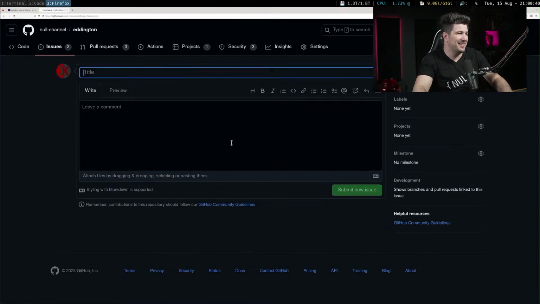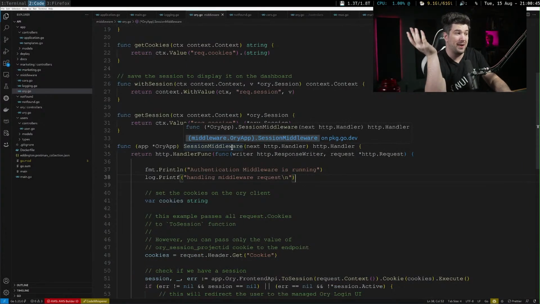So let's see. I think the easiest way for this, and actually a way that people can get involved without doing a ton of stuff, is just to write a different middleware for debugging.